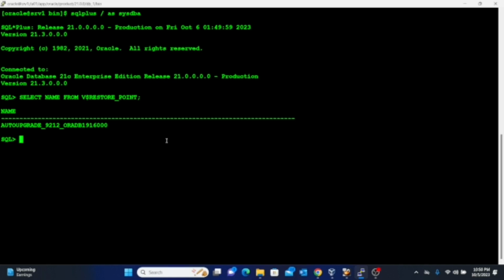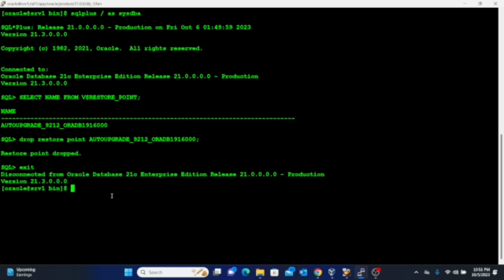Now, what you want to do next is to drop this restore point. So I'm going to take this and then I'll type drop restore point. Restore point has been dropped. And then let me exit. Now, the next thing you want to do